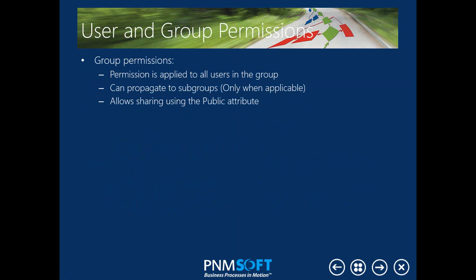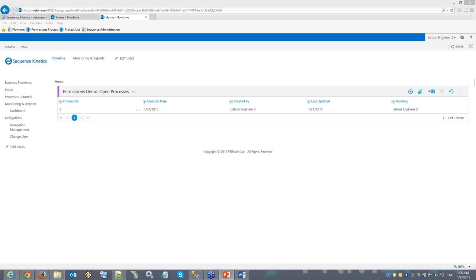We'll be mostly using group level permissions and also role-based permissions, which we'll cover later on. When you grant a specific group permissions, you're granting the same permission to everyone in that group. You can also propagate permissions when you're setting them to subgroups of that group. And setting permissions on group allows sharing using the public attribute, which is also something that we'll cover later on in the demo. Let's see what it means to grant